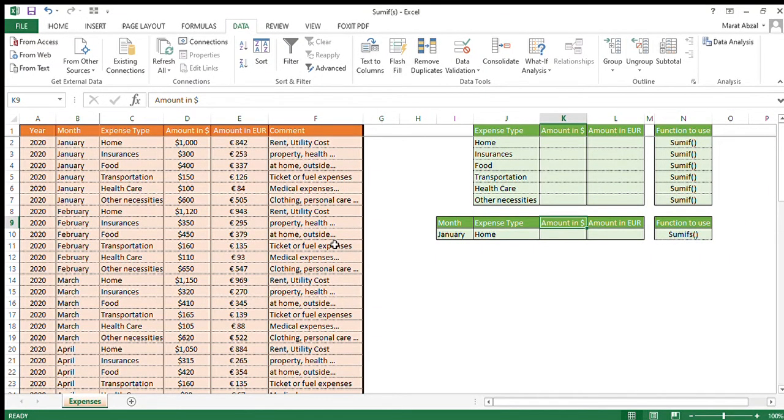Hi guys, I am going to explain how to use SUMIF and SUMIFS functions in Excel. So we have here the list of expenses from January till December. There are types of expenses: home expenses, insurance expenses, food expenses, transportation expenses, and healthcare and other